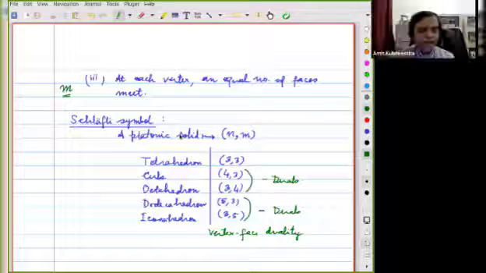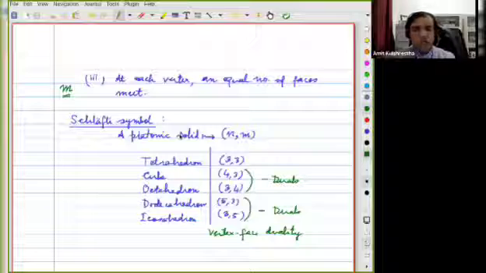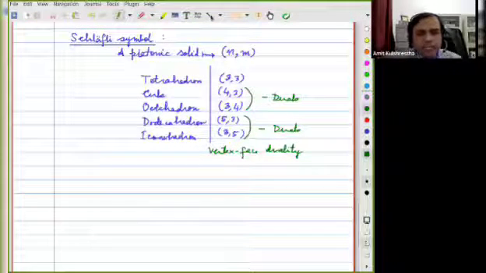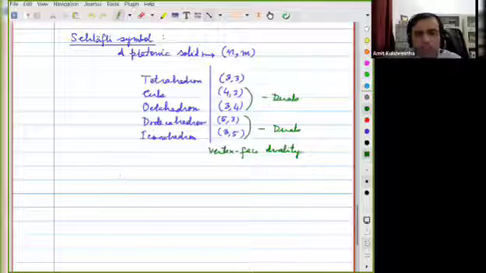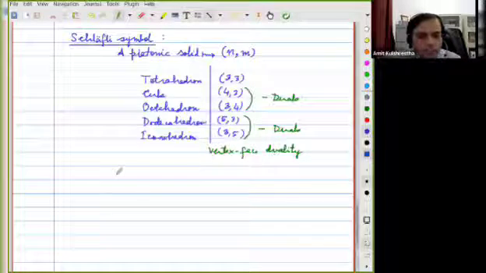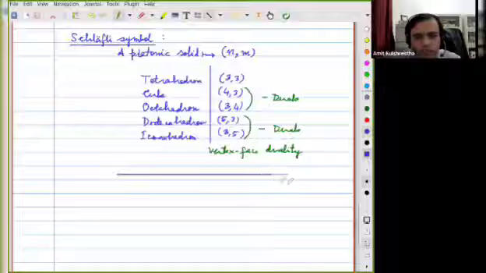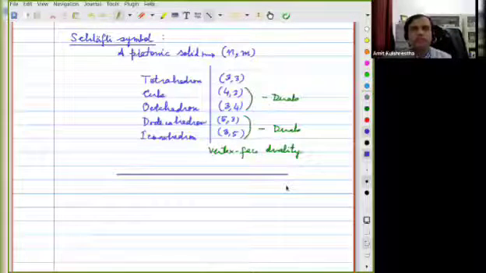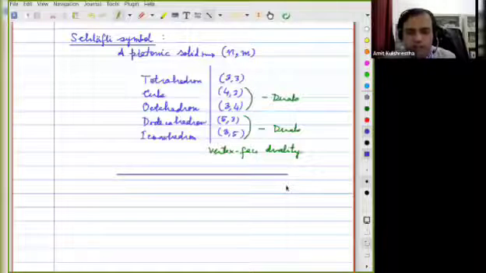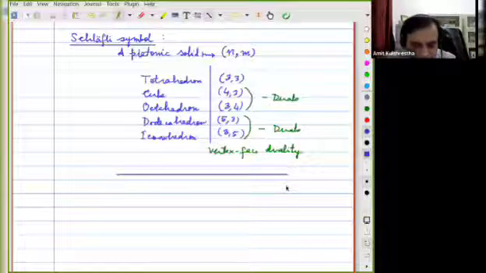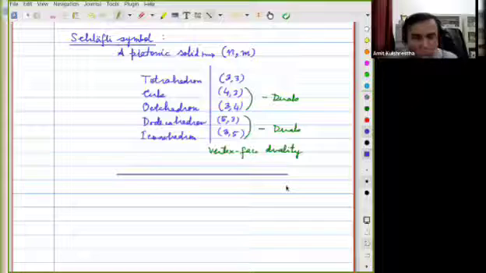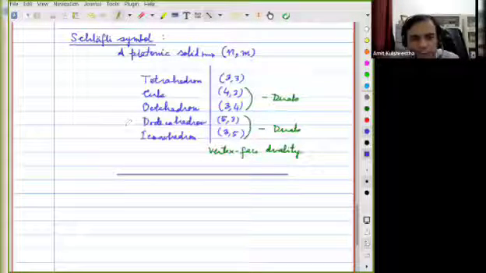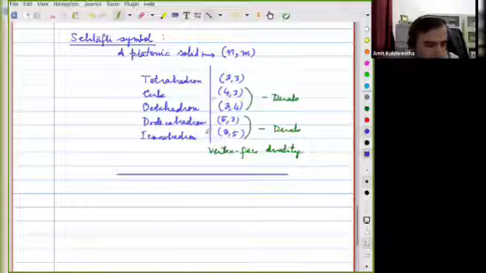The question is, can I make a platonic solid? These five were examples. My question is, can I make a platonic solid which has hexagons, or maybe which is made of heptagons, or any gons that you want? Can you imagine one platonic solid which is made of 100 gons? It will be fun, right? And the answer is no. The answer is that these are the only possibilities.